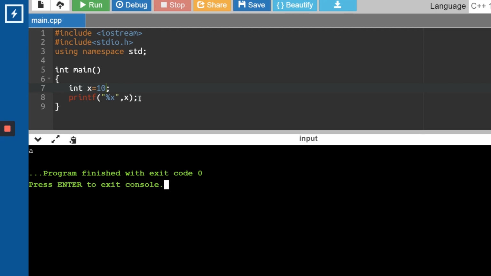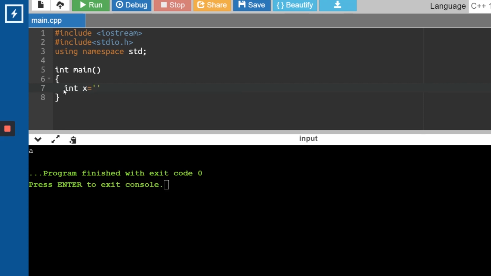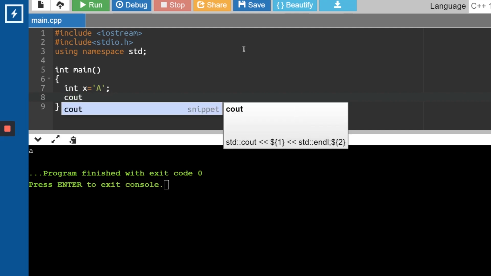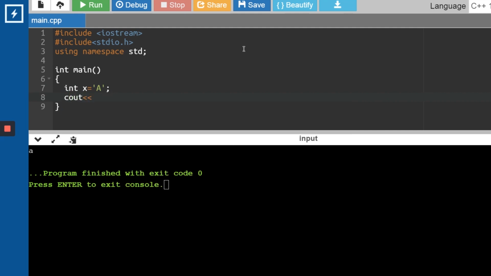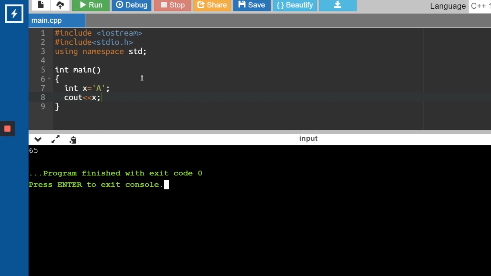Now we're moving back to the question we had seen in the previous video. I had written int x equal to capital A, and I try to print x. When I run this code, on the output screen I get 65.